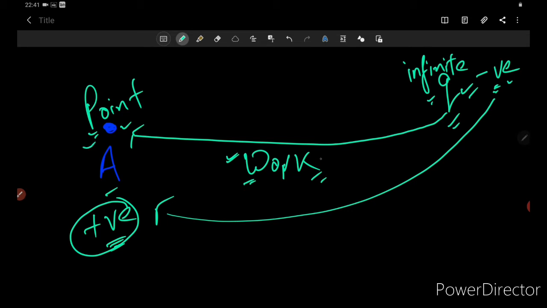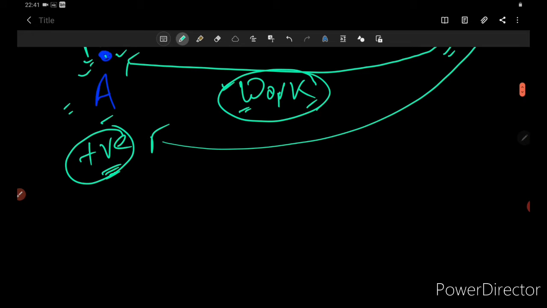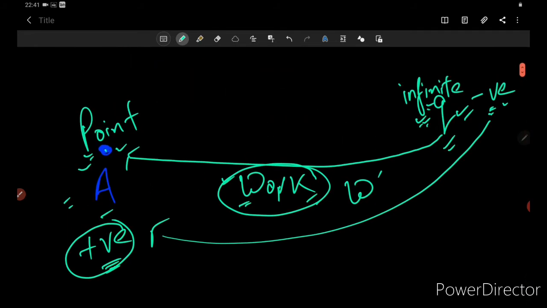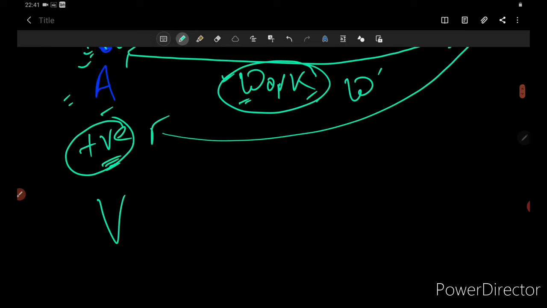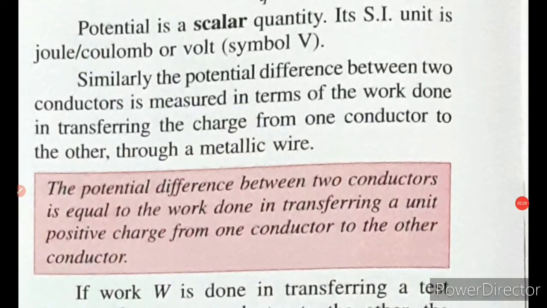Now this work done in bringing this charge from infinity to this point is called the potential of this particular point A. Now suppose, according to your book, W' amount of work is done to bring this particular charge Q, then the potential at this point V can be written as W' upon Q. So this potential is a scalar quantity, and the SI unit of this potential should be the SI unit of work, which is joule, upon the SI unit of charge, which is coulomb, which is better known as volt,